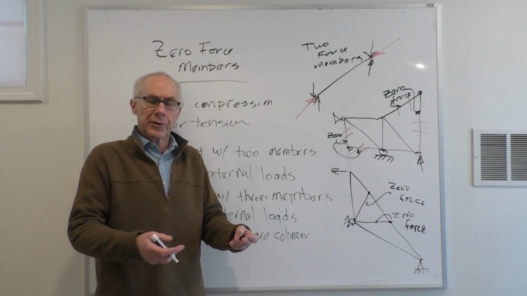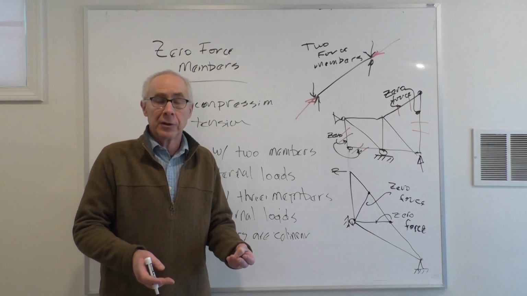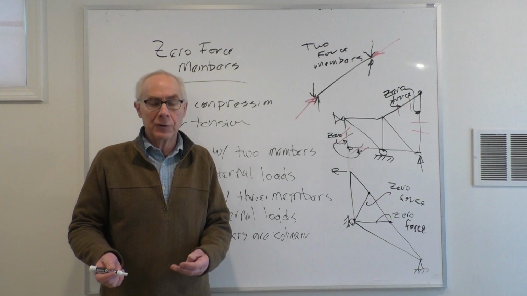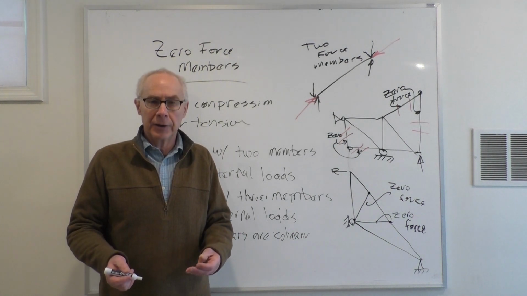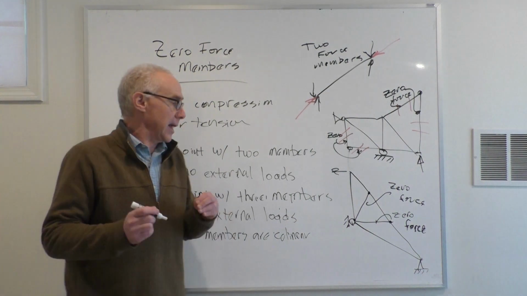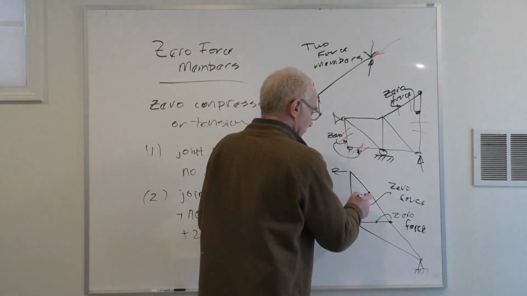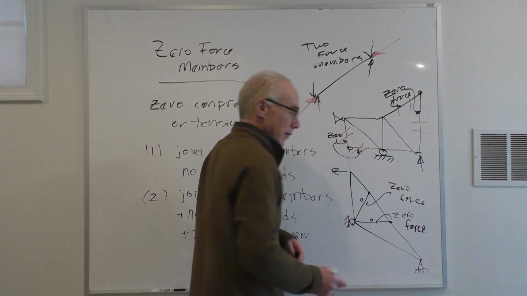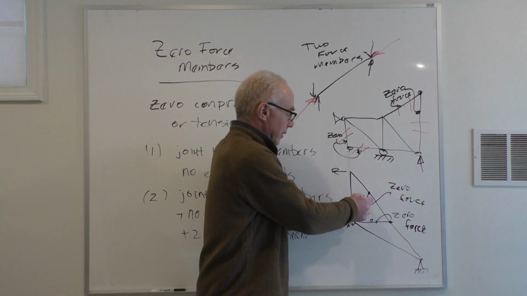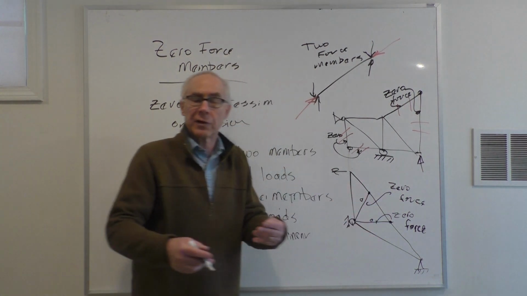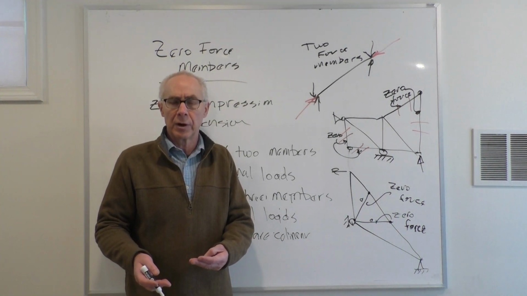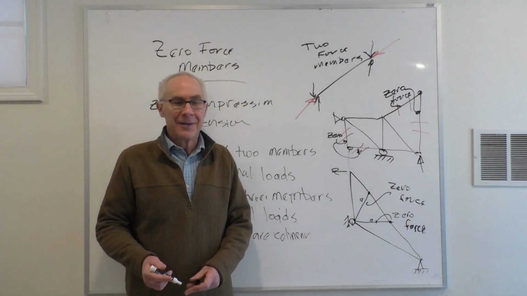So when you're confronted with a problem and you're solving it by method of joints, or what we're going to talk about later, method of sections, one of the first things you should do in looking at a truss is to identify any of these zero force members and automatically assign them a zero value of compression or tension. And that's going to make it easier to solve these, because then you can solve the other values. You just have fewer unknowns to solve for. You'll be able to solve the problems more quickly. All right, so that's it, zero force